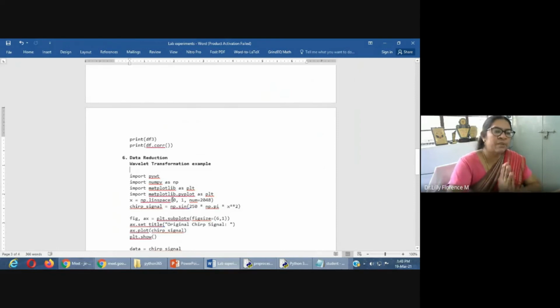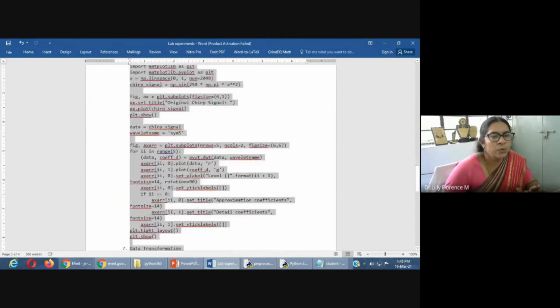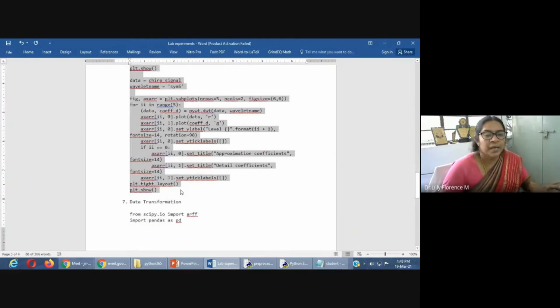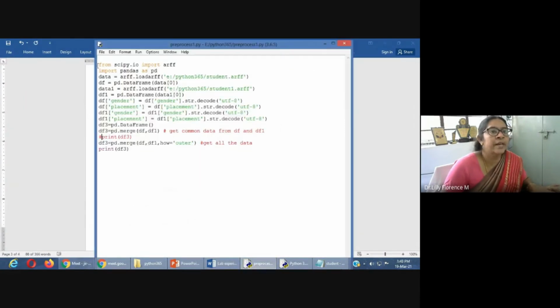So actually the discrete wavelet transformation has two functions. The two functions will be iteratively applied on the data. One is a weighted sum we have to calculate. The next one is a weighted difference we have to calculate. So step by step, the data will get reduced. So at the last step, we will get the reduced format of data. That is the coefficients we will get. That will be represented in a graph. So I am going to show here how to reduce this and how to show the output result of this data reduction in a graph.